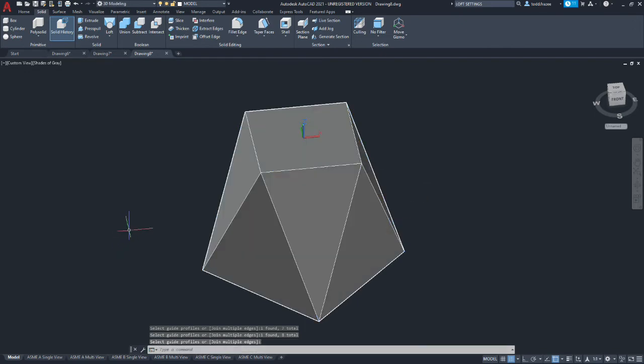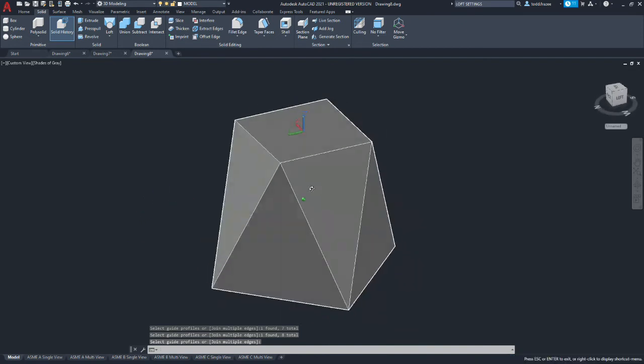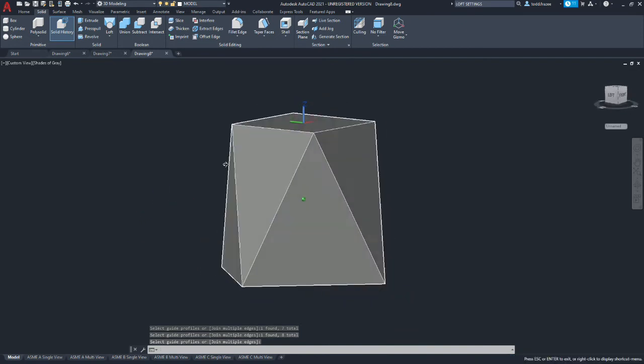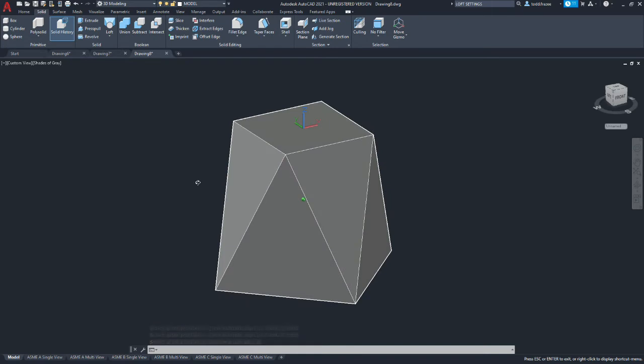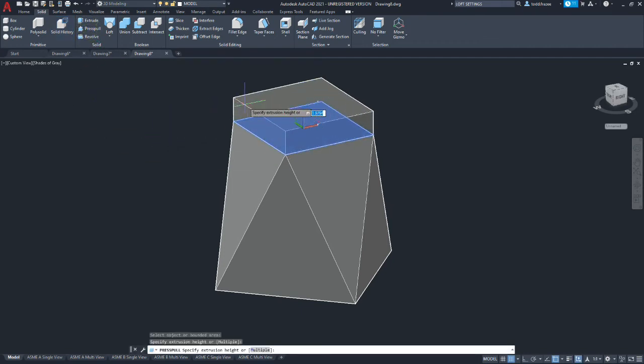We hit enter, and we should have our shape. Now we're going to go to press pull, and we're going to press pull the top. We're going to go 2 inches.